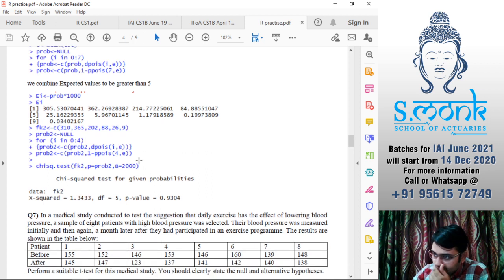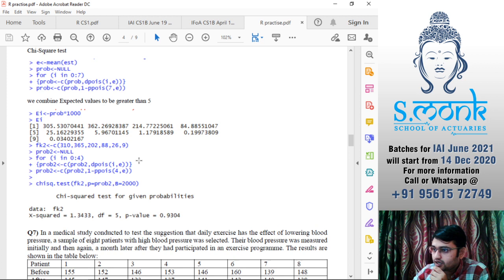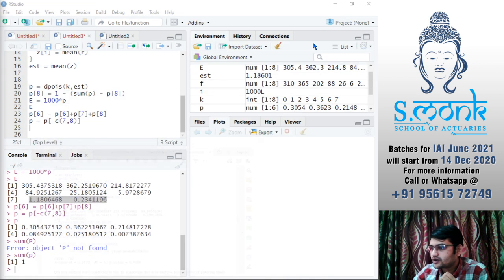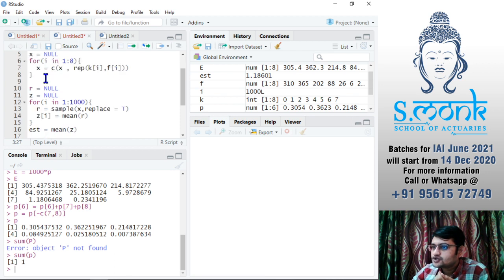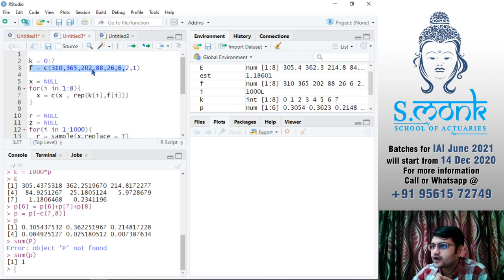So now we have our probabilities. We would need now, okay, so for chi-square test we require observed frequencies, and we require probabilities, expected probabilities. Okay, these are the two things that we require. Okay, so observed frequencies was this f, but we found out that we do not want this f. Okay, because we'll be combining our last two values. So the same thing that we did for probability, we'll do it for f as well.